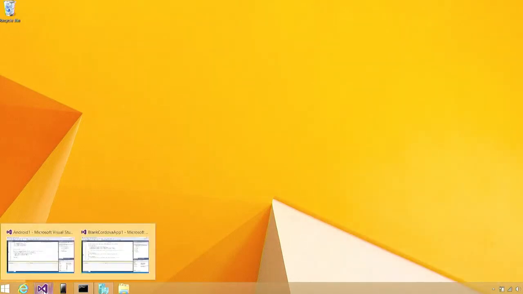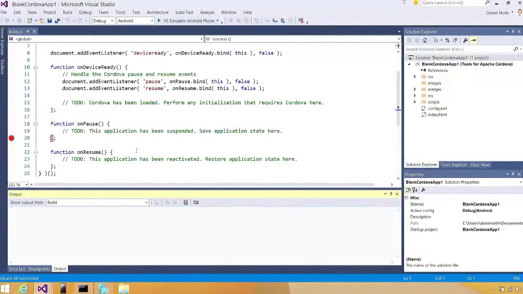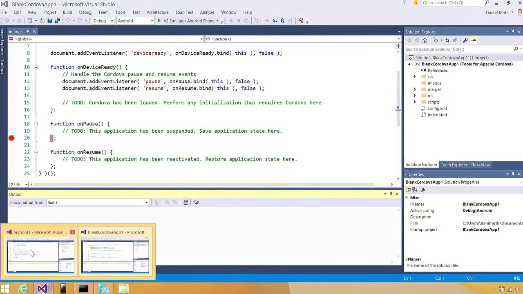So here I'm running 2 instances of Visual Studio 2015. I have one where I did file new project and created this Cordova project. I haven't done anything more to the code. The focus is not going to be on the apps, it's going to be on the actual emulator. And then in this other instance,